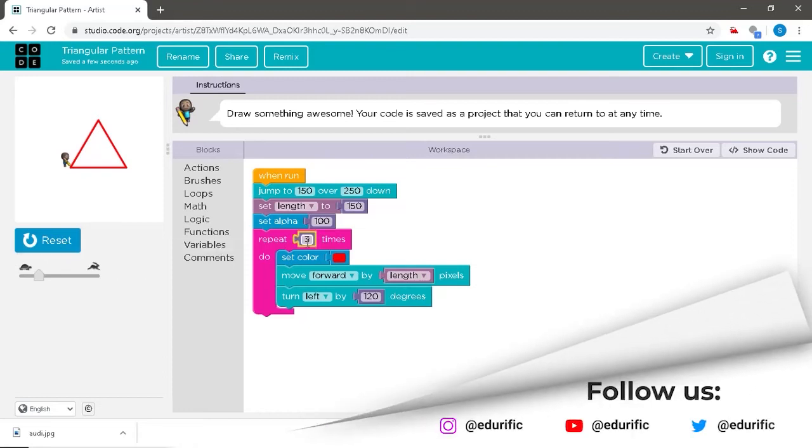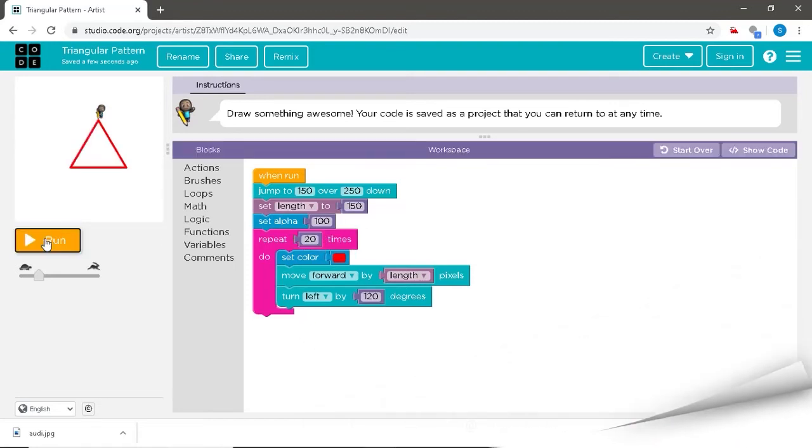Now we shall try this with 20 times. And now run our code.